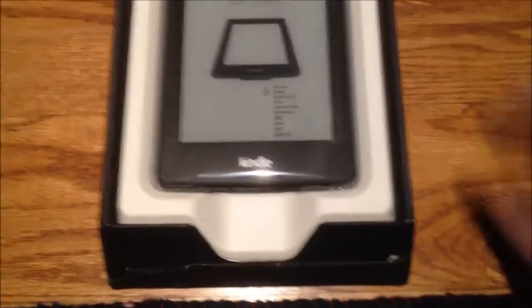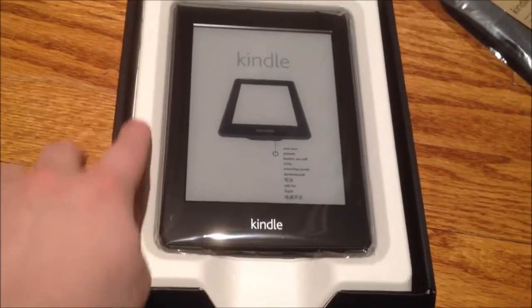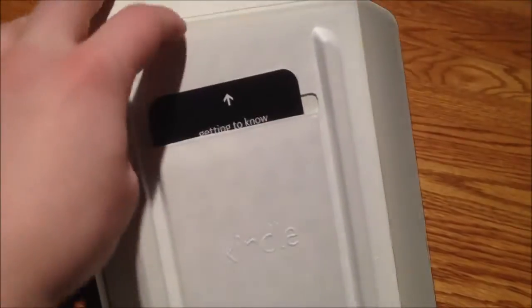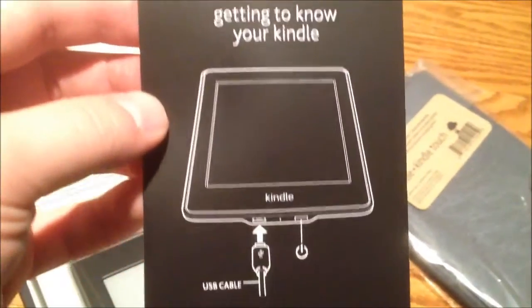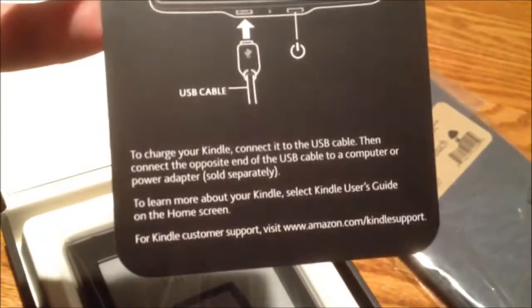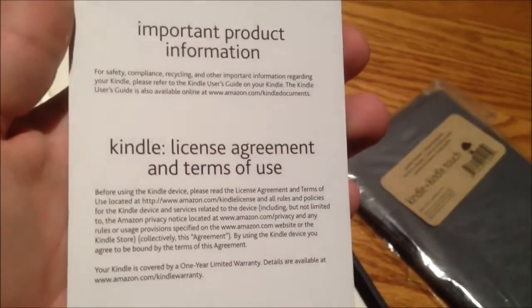Ah, yes, look at that. So it's a very Apple-esque type of packaging, although the material that this packaging is made out of seems to be more like that recycled paper type of thing. Up here, you have a little pocket that says Kindle on it, and you get Getting to Know Your Kindle. That's all it has is a USB cable and a power button. All the rest is a touch screen. Of course, licensing and everything. So I'll stick that back in there